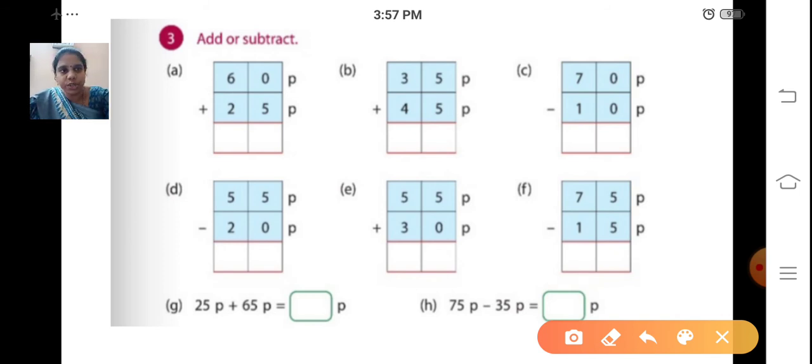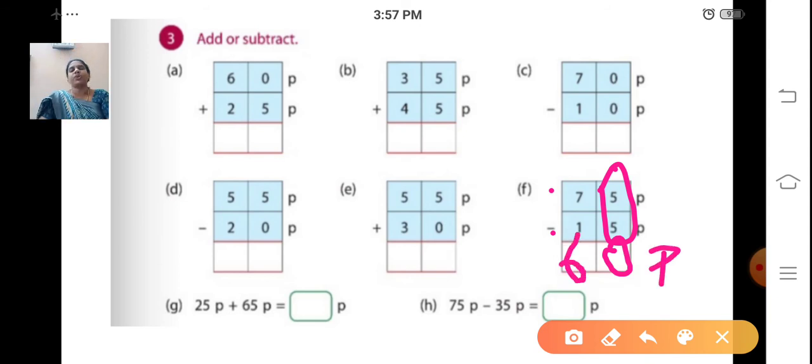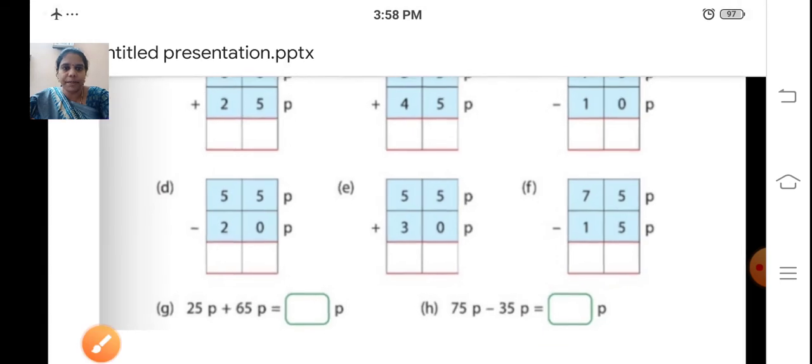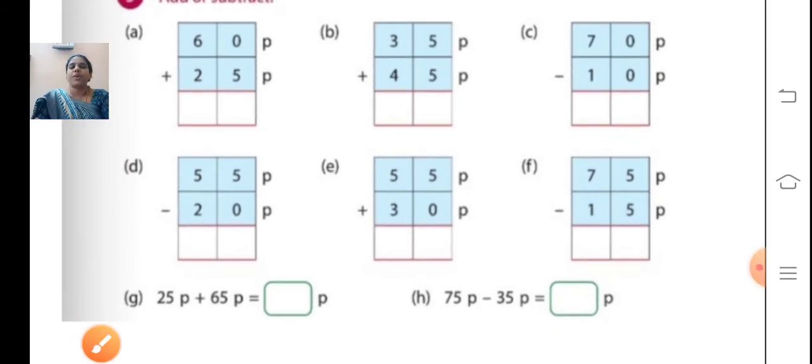First, you're going to subtract these two numbers. 5 minus 5 is 0. Next, 7 minus 1. Start from 1 and count forward till you reach 7. After 1, 2, 3, 4, 5, 6, 7. So, 60 paise. So you know how to do addition and subtraction of paise, children. Just write one below the other and subtract.